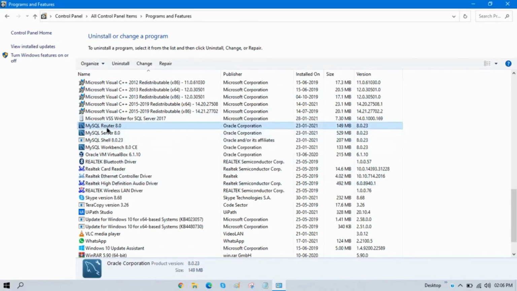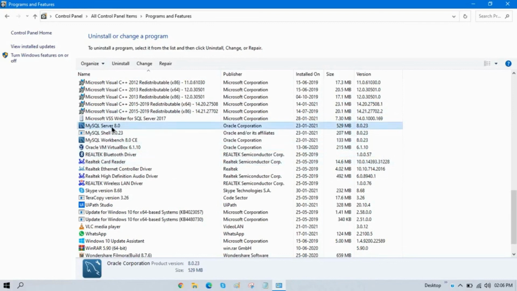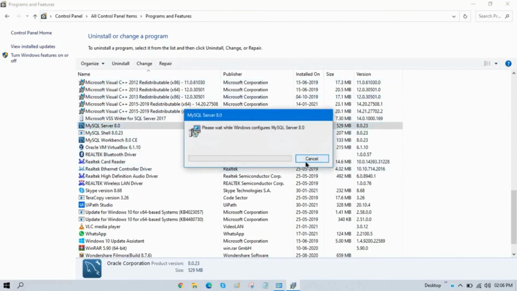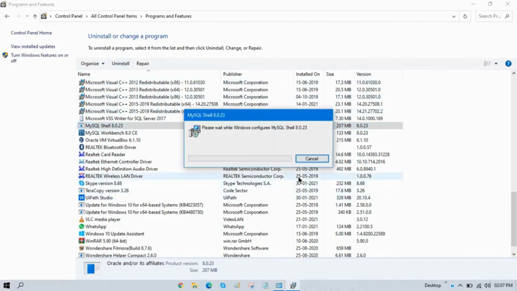Now we have a MySQL router 8.0, so select that and uninstall that. Now we have MySQL server 8.0, select and click on uninstall. Now click on MySQL shell and uninstall that.